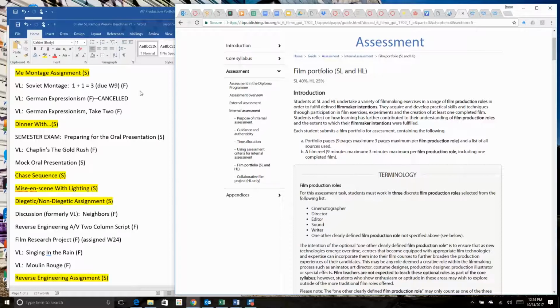And by the end of the week, we want you to tell your teacher what film production roles you want to assume this year. You're not going to have to say, hey, look, in the me montage, I'm going to be editor, if you choose editor. But when you select those roles, you're going to have to look at the assignments and see, okay, with those assignments,